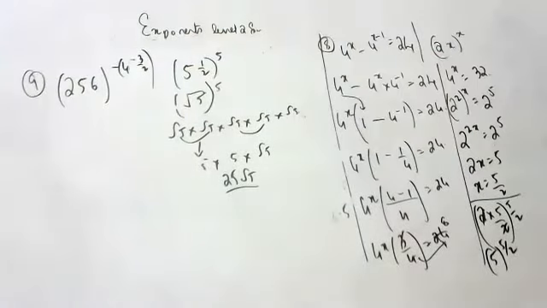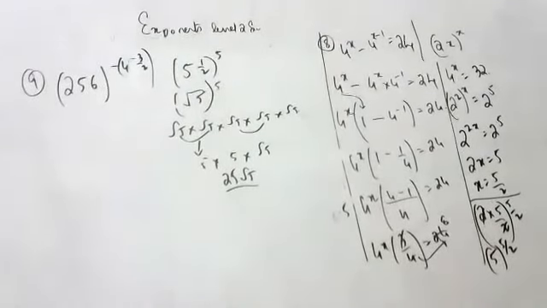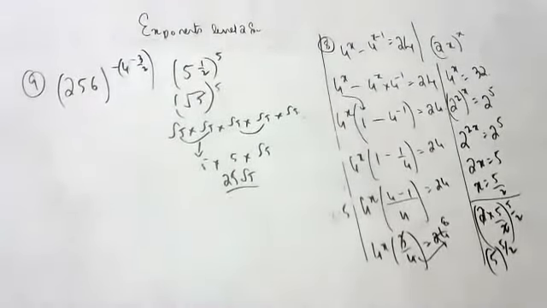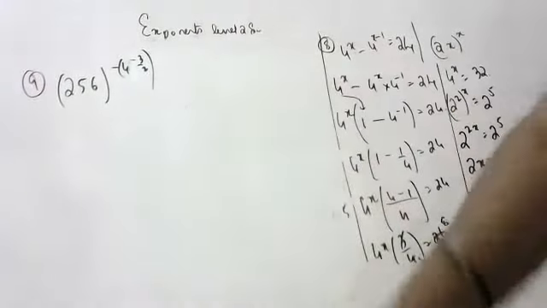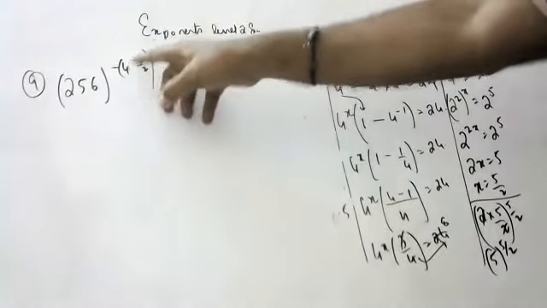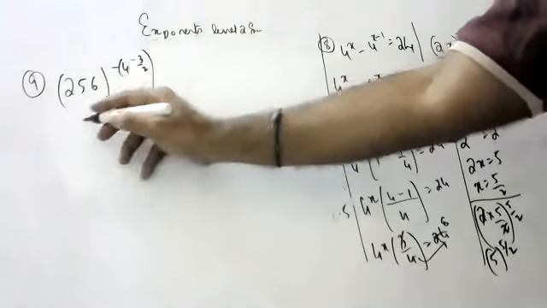This is the question. Are you able to understand what the question is? Yes, sir. Minus 4 to the power of minus 3 by 2. Can you tell how to do this? Yes, sir. Sir, that is to the power of minus 3 by 2. Minus 4 to the power of minus 3 by 2 we're talking about. Okay, sir. 4 to the power of 4, sir.